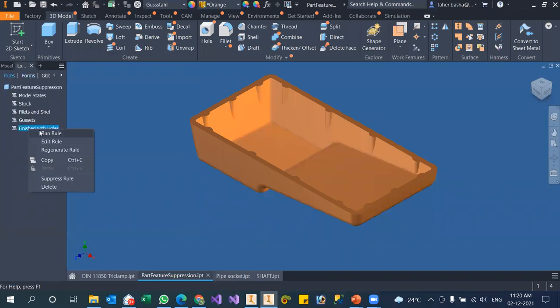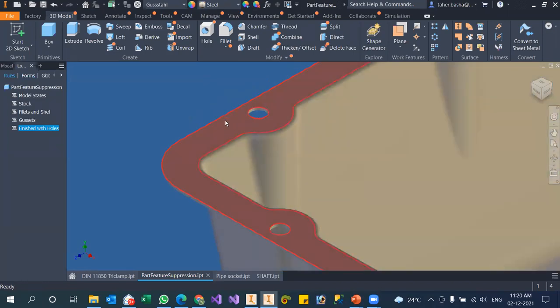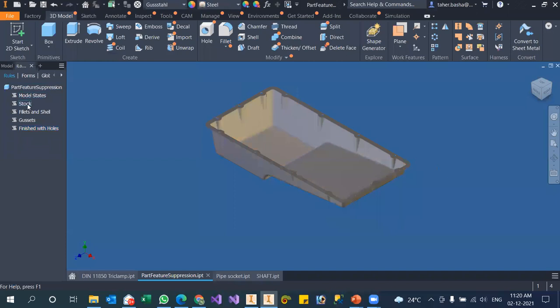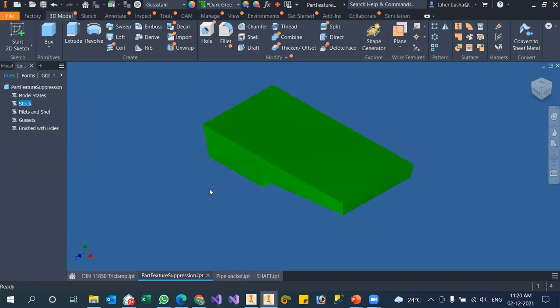So let me go for finished hole. You can run this one. You can see the model is completely finished with all details. So if you go and run with the stock, you have a bulk model which is at initial stage. So you are indirectly controlling the features of the part.